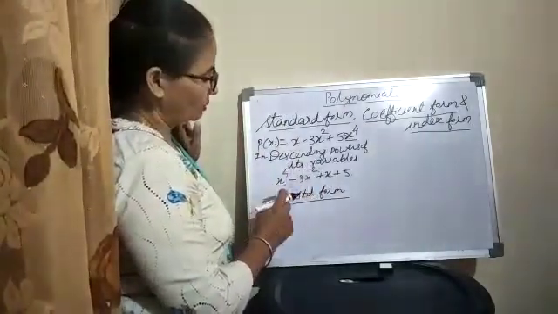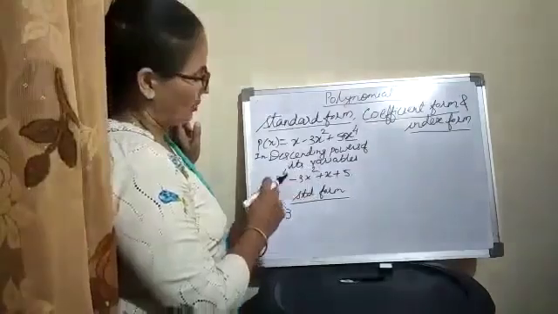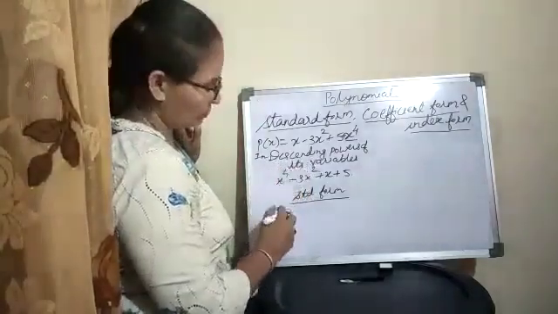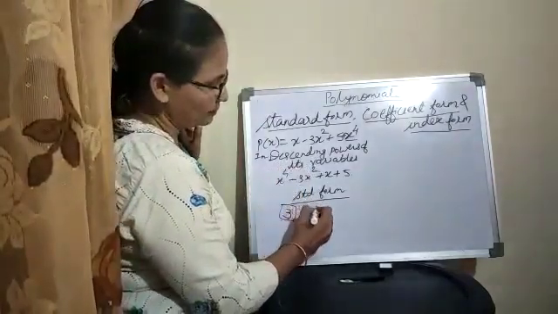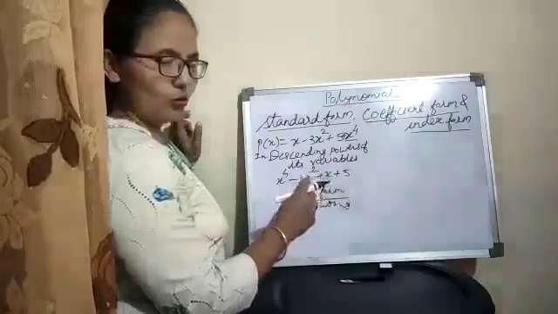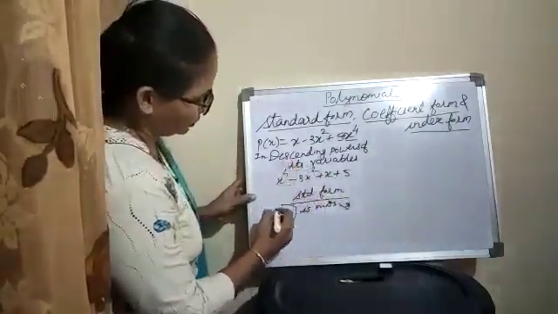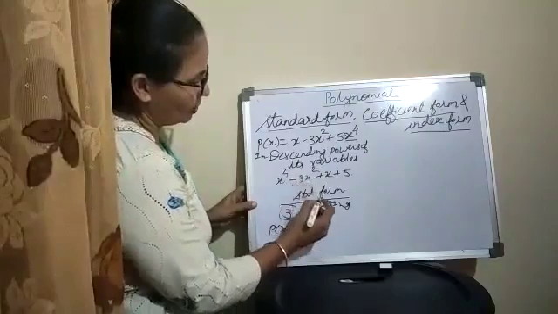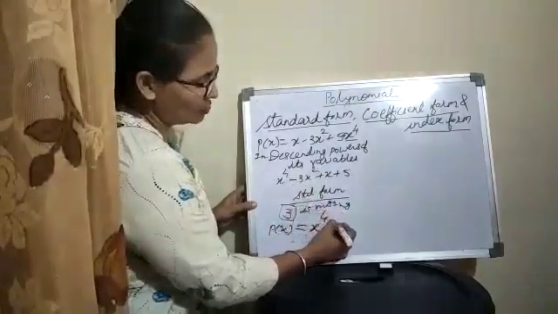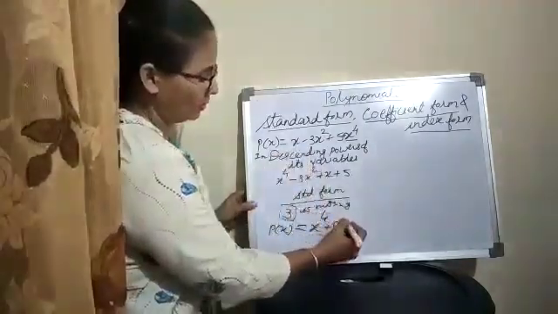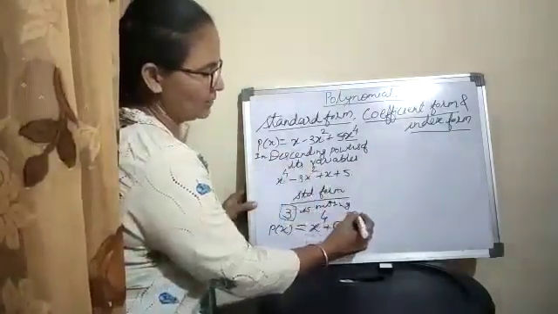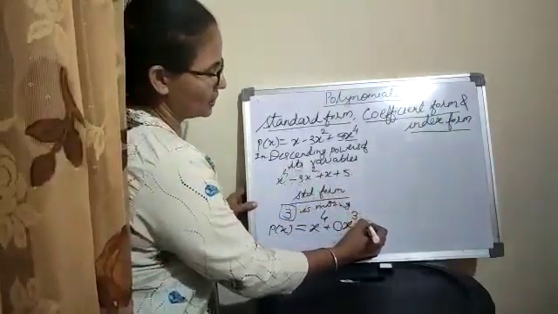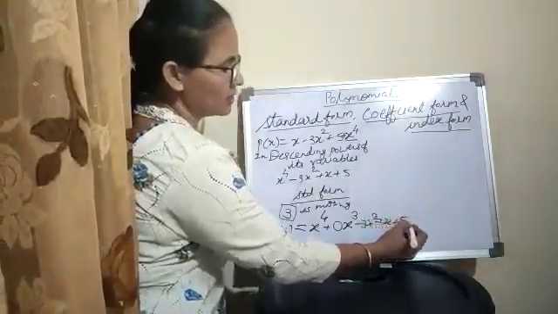Now you can see here one power is missing. Which power is missing? 3. You can see here the highest power is 4, then 2 is there, but the power 3 is missing. Now to write that power, the same polynomial can be written as x raised to the power 4, after that the power 3 will come, so you can take its coefficient as 0 and take the same variable and write 0x cube. So x raised to the power 4 plus 0x cube minus 3x square plus x plus 5.